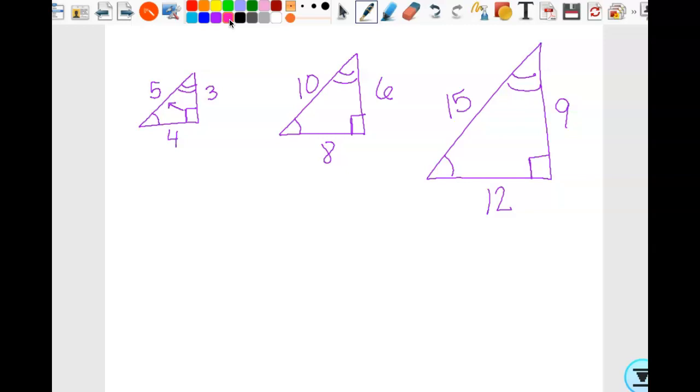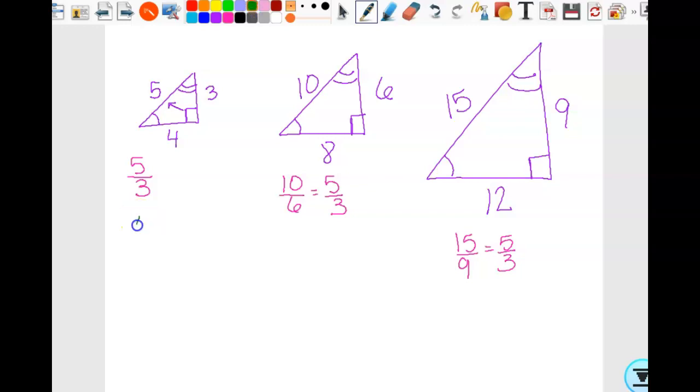And so the way we do those is, let's say I took the hypotenuse, which is 5, and I'm going to put it over this side length, which is 3. I get 5/3. If I do that here, I'm going to put 10 over 6, and that gives me 5/3. I do that here, and I get 15 over 9, and that gives me 5/3. Okay, does that make sense? It should be kind of obvious that that's going to happen, but all right, so that's 5/3, one trig ratio for these angles. We'll talk about which one it is and all that kind of stuff in a minute.